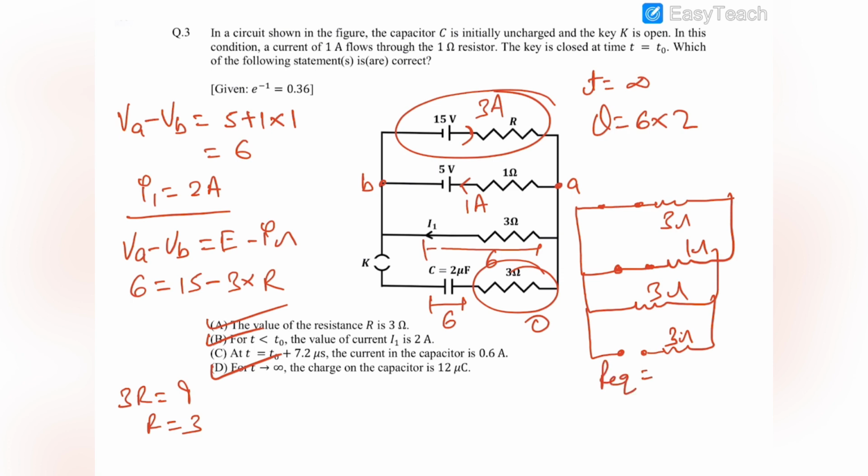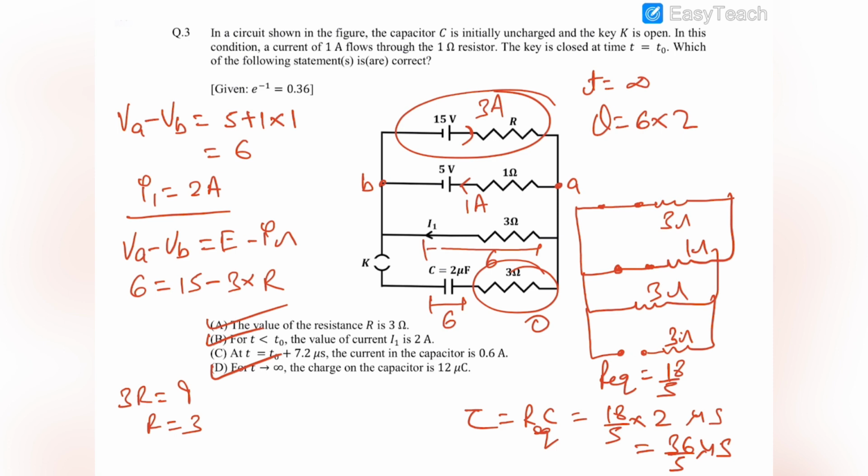So R equivalent is 18 by 5, and therefore RC, which is the time constant, so R equivalent into C would be 18 by 5 into C, which is 2 in microseconds. So it is 36 by 5 microseconds. This is that equivalent time constant. Now we know that in this case, let us see that in this case the